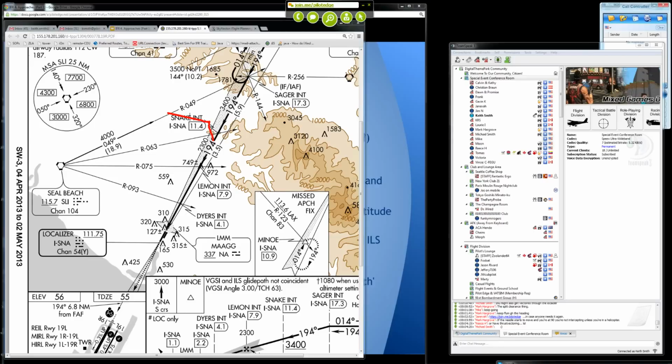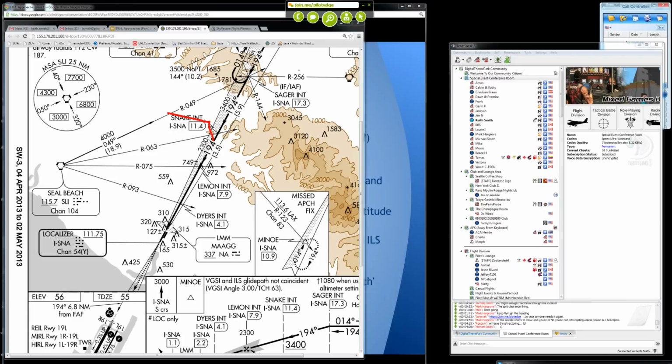If it was going to be a fairly close-in vector to lemon, the controller is now running out of options. We can't just get you right back. If I try and draw this, let's say you do go through. We're now in a bit of trouble. By the time you execute your turn, you're now dangerously close to lemon, and so what you're more likely to hear, again, they have to have you